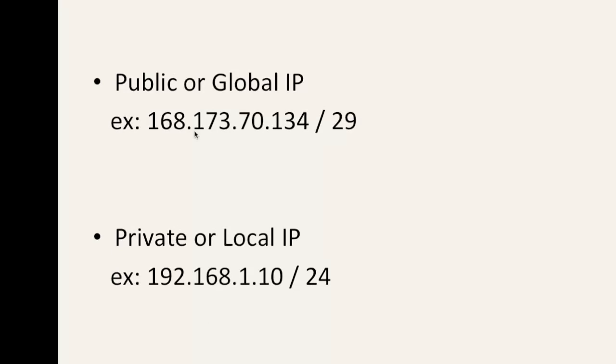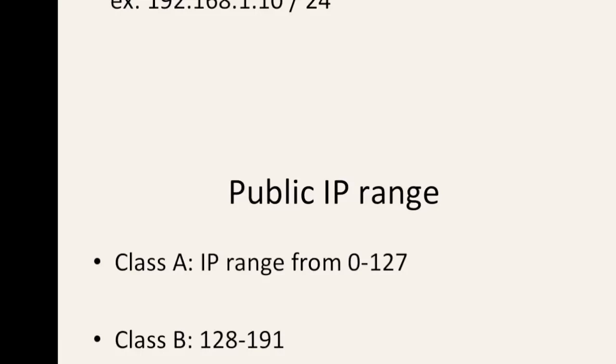And the public IP range is subdivided into different classes. There's a class A, and the range starts from 0 to 127. And there's class B that begins with 128 all the way to 191. Class C starts with 192 all the way to 223, and then there's a class D, which is used for multicast. The private IP ranges usually begin with class A, which is 10.0.0.0, class B, which is 172.16.0.0, class